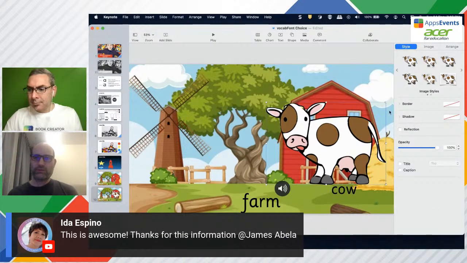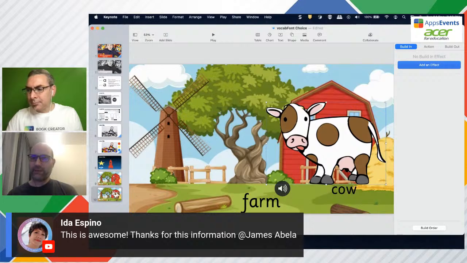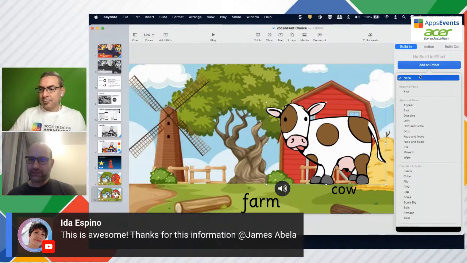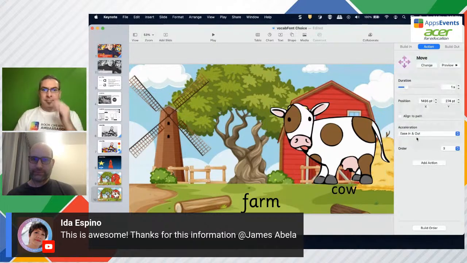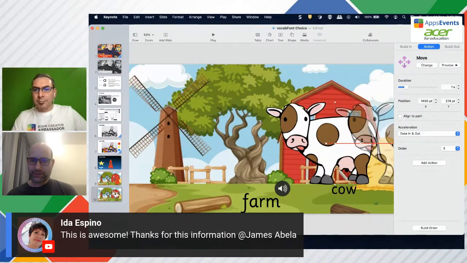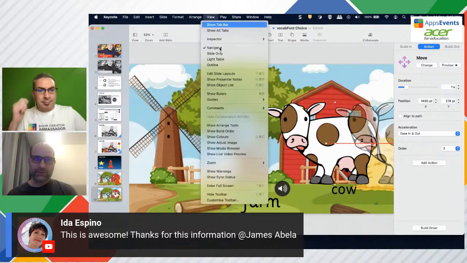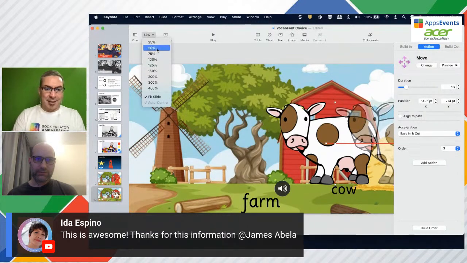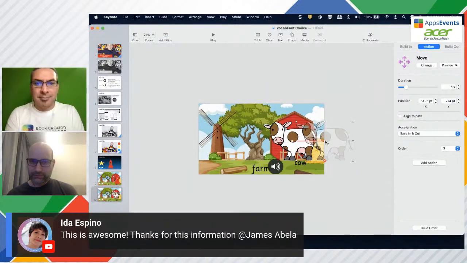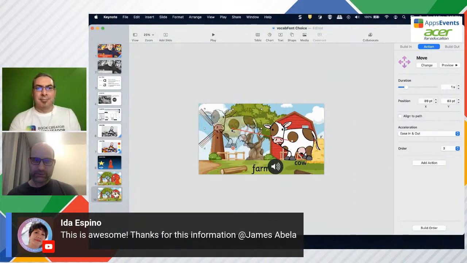What we want is for the cow to do something. It's very easy to animate. I'm going to add an effect. Let's add an action here, and let's move him. Okay, didn't really want him to move in that direction. And this would be the one time where live demos are dangerous, because it's managed to move it off screen, which is not very helpful. Okay, that's not really where I wanted to go.